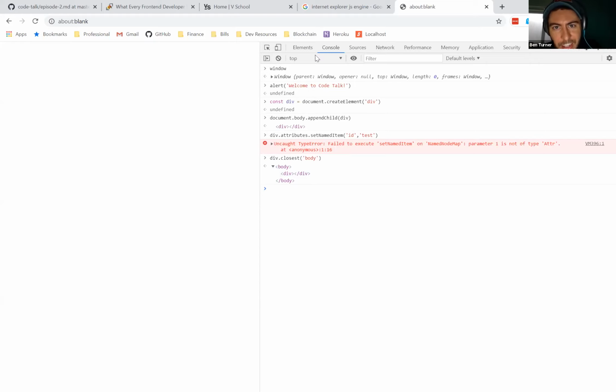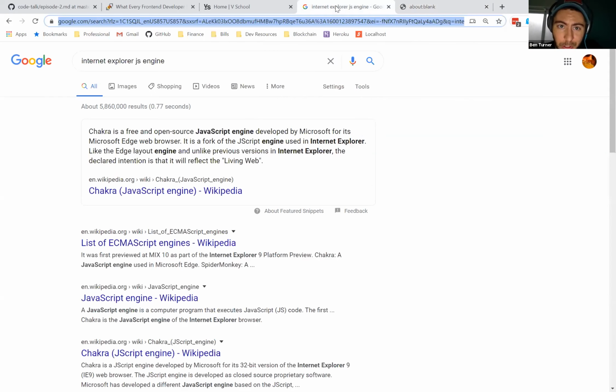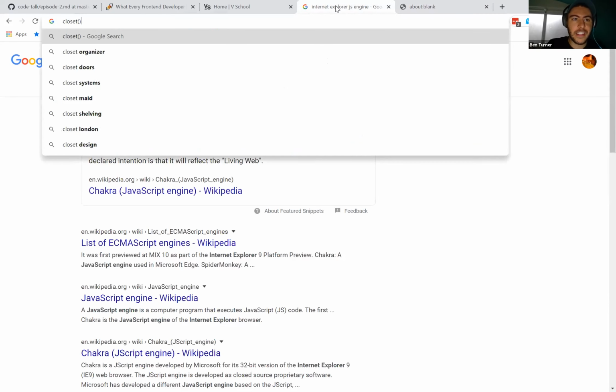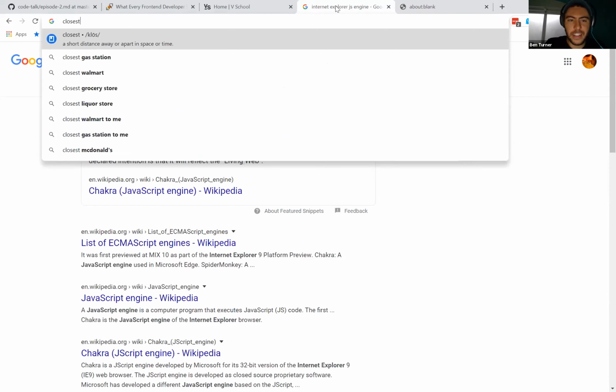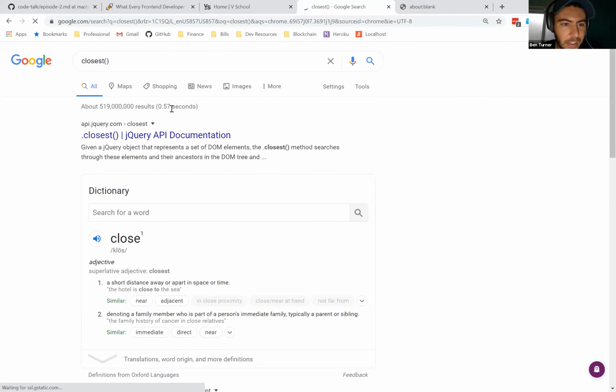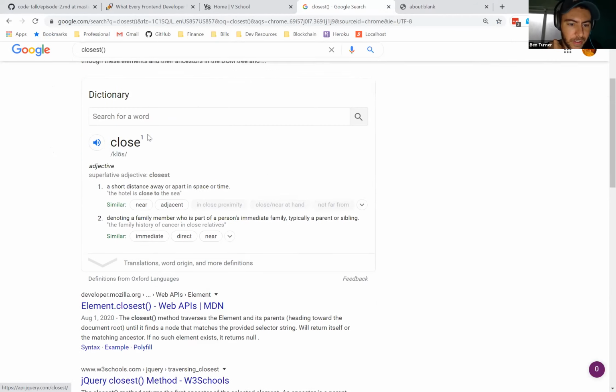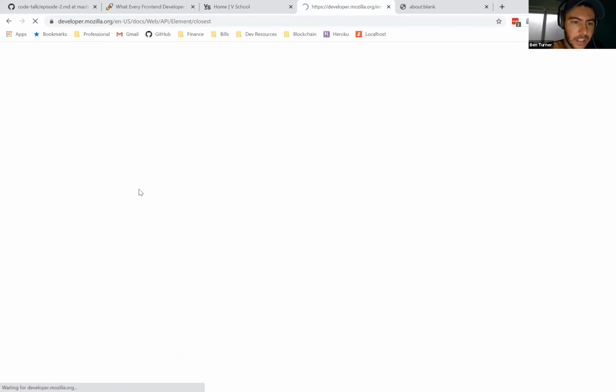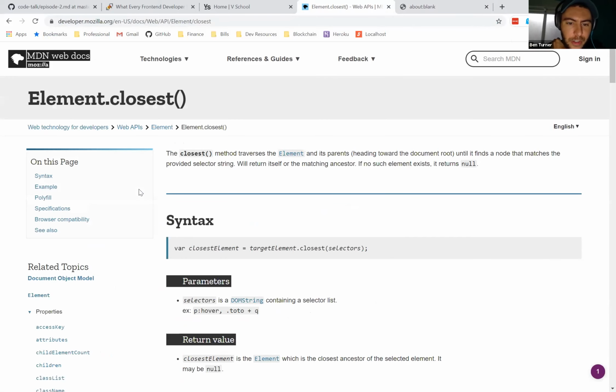However, in Internet Explorer, that is not the case. And I learned this the hard way when I thought I was done with this feature for our project.